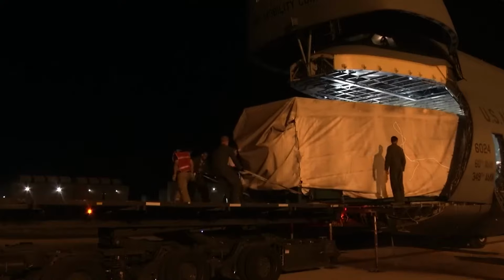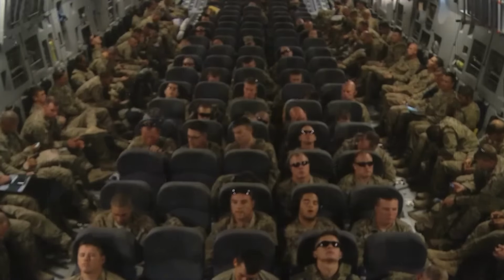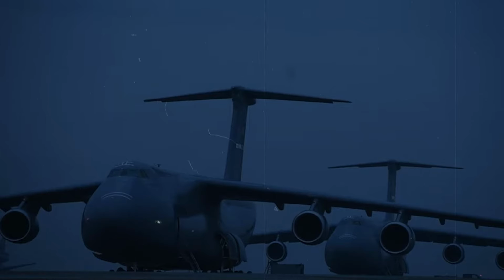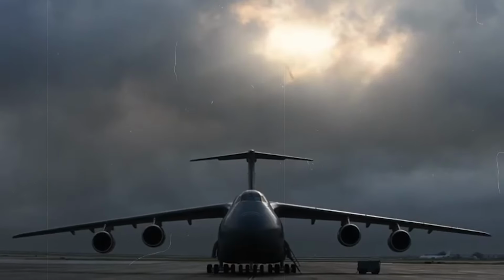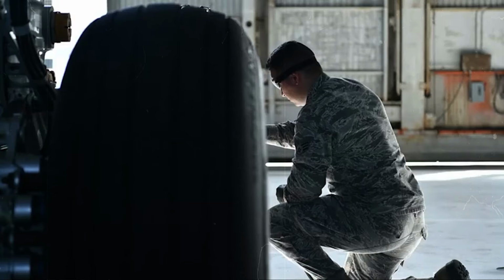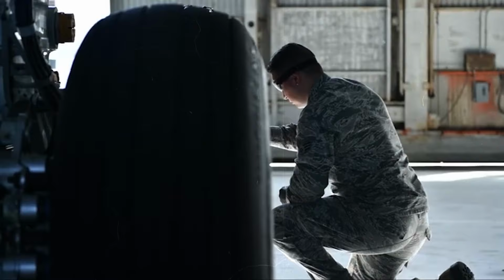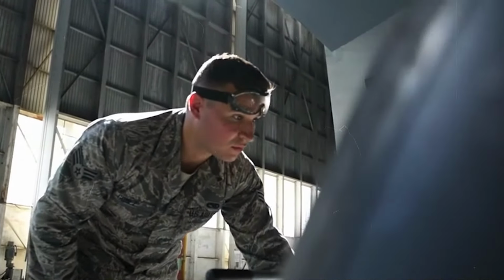Apart from the comprehensive maintenance training exercises that prepare crews for a variety of scenarios, another crucial aspect in ensuring the C-5 Galaxy's operational readiness is its meticulous maintenance process. This extensive and detailed procedure is vital for keeping the aircraft in peak condition. Maintenance on a C-5 is not just a routine check, it's a thorough and complex operation essential for the aircraft's